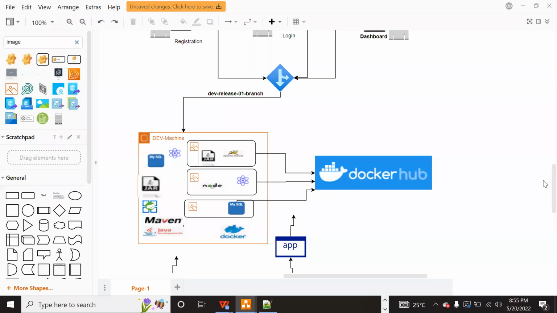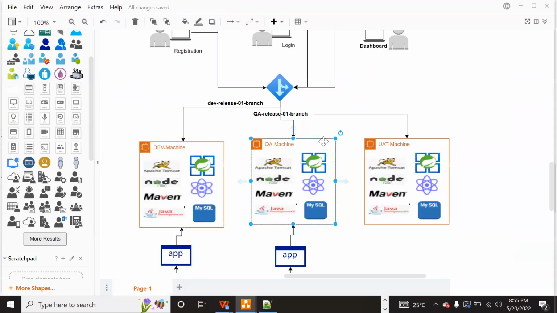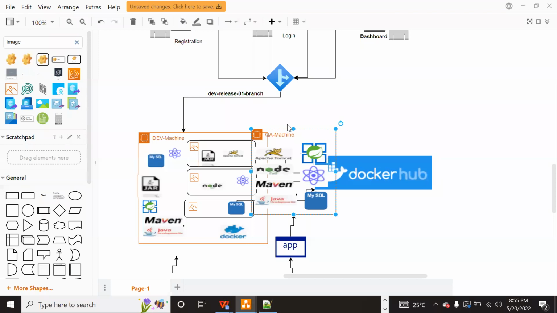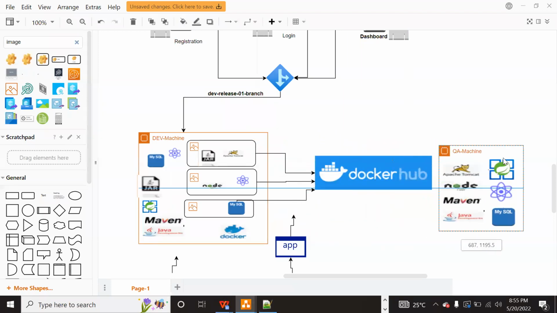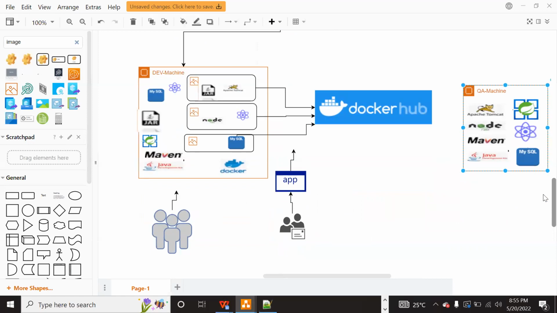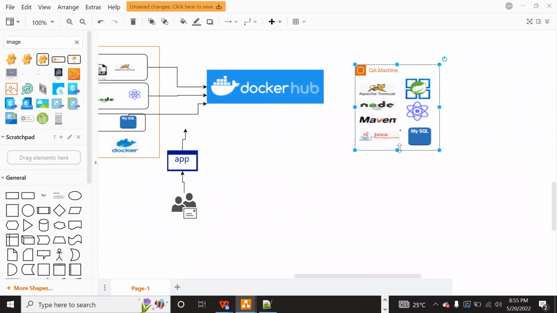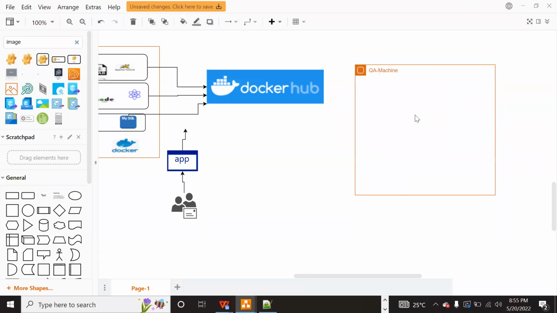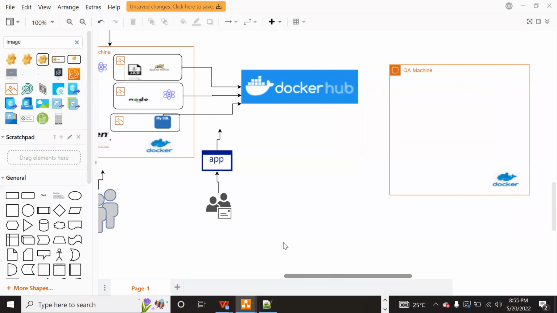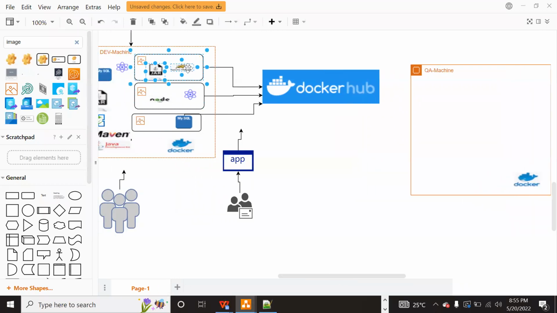Let me take this QA machine and paste it here. What will this QA machine do? On the QA machine, we no need to install all these things. Rather, we will simply install Docker here. That's it. And all these images,